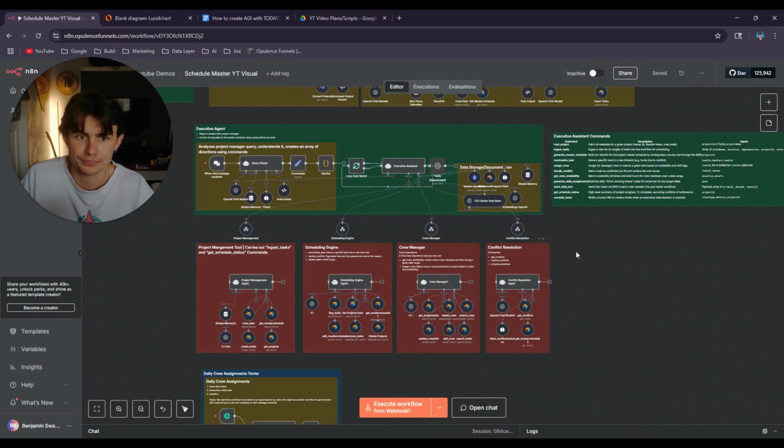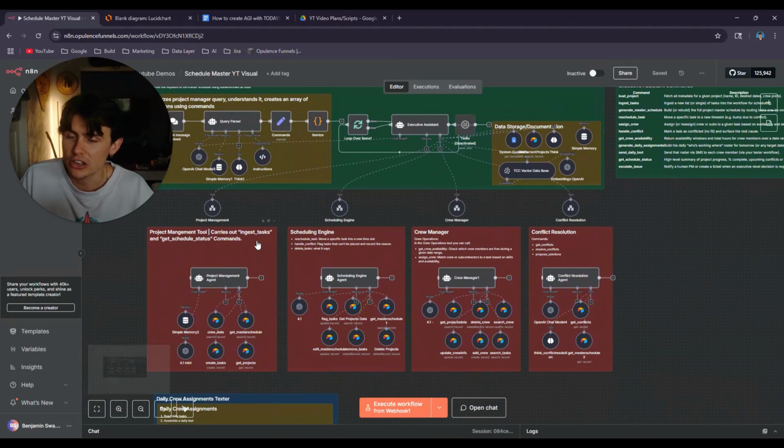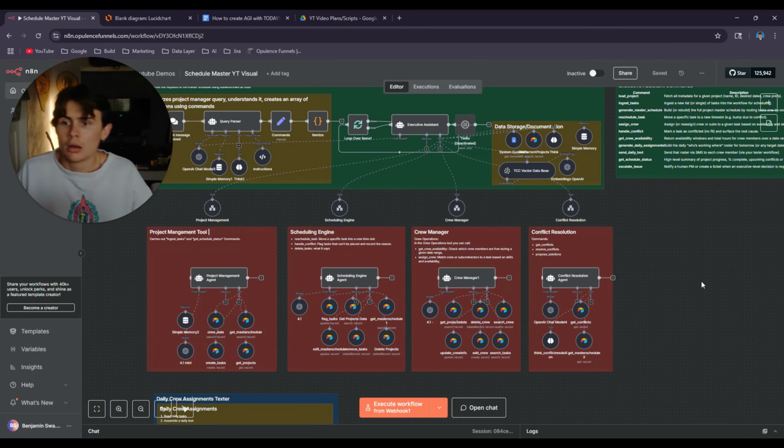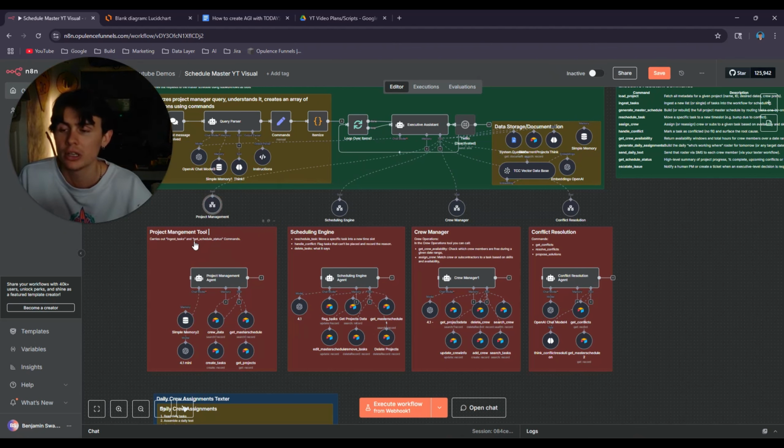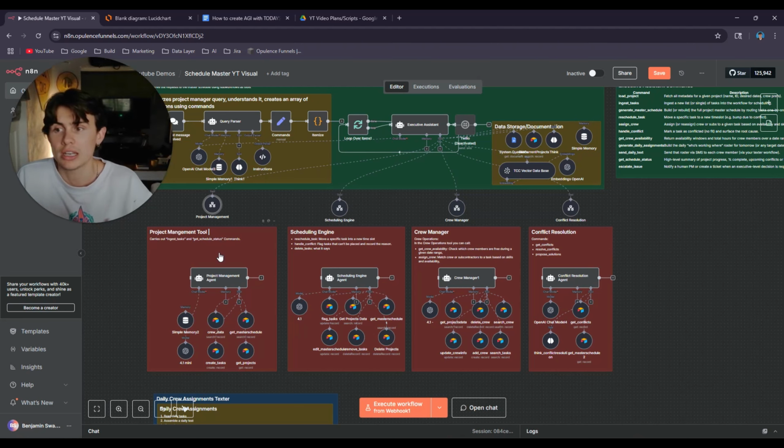So like I said, all of those sub actions in this example are different agents. So you'll see here this executive agent is able to in N8N use a tool called execute a sub workflow, which executes an entirely different AI agent system to actually carry that out. This project management tool is in charge of ingesting or creating new tasks, and then also creating an overview status of the schedule.